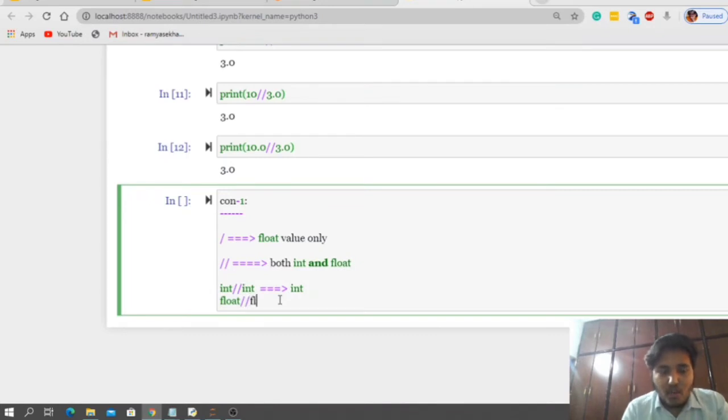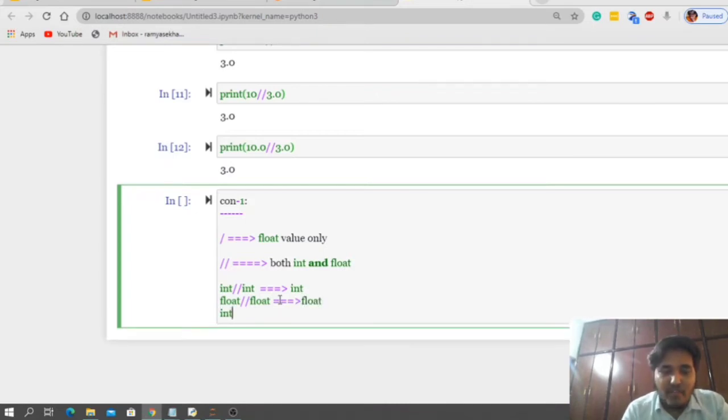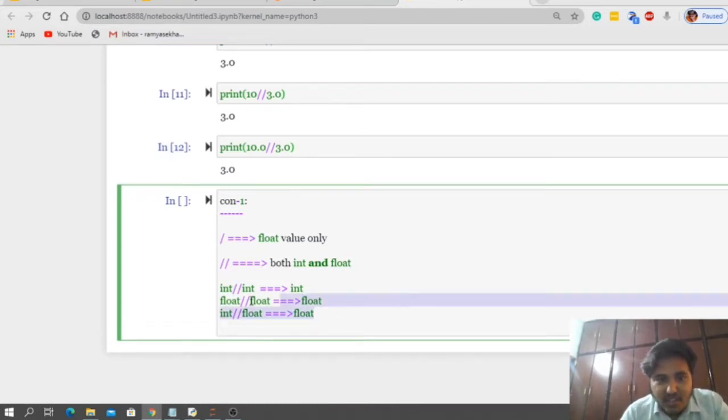Float by float, if you take like this, we will get a float value. Okay? Int by float, we also get a float value. Is this clear? Float by int, we also get the same thing, and vice versa.